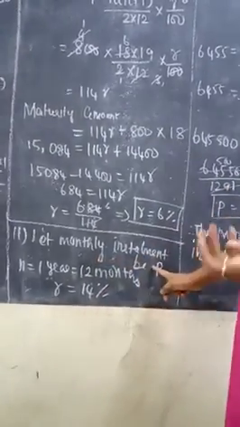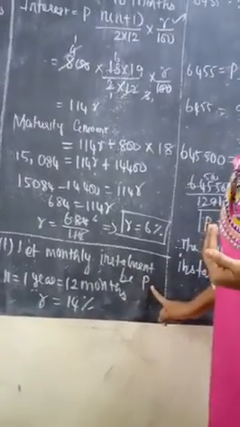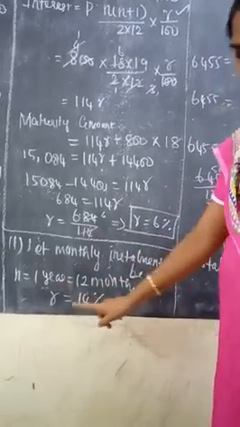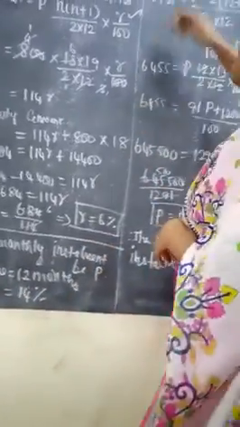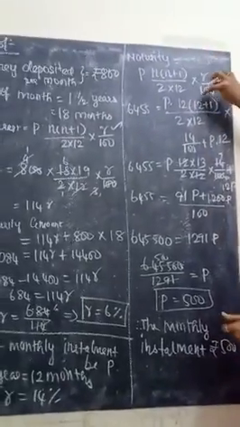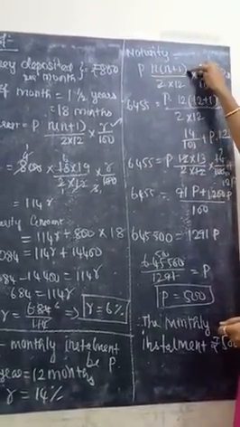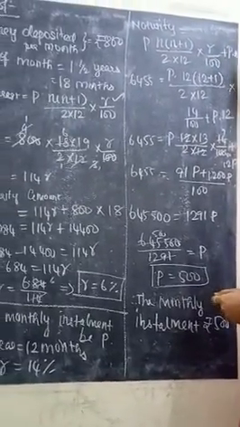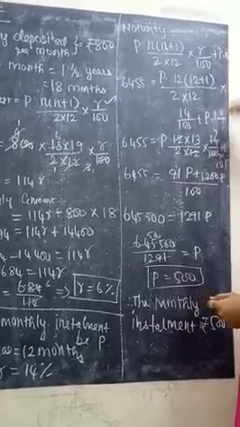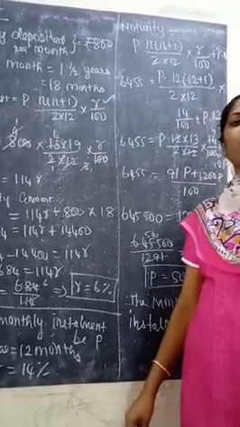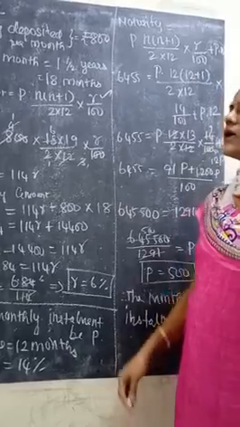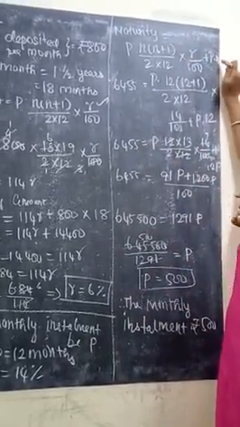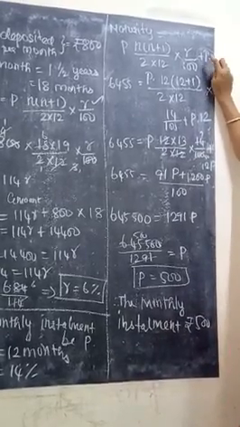Okay, listen, the monthly installment we may not know, so just consider the monthly installment as P. Next, n equals 1 year, that is 12 months. What is the rate of interest? 14%. Listen, how do we find the maturity? P into n plus 1 divided by 2 into 12 into r by 100 plus P into n. Why here did we add plus P into n? Because we need to find the monthly installment. So for finding the maturity, it is interest plus P into months. This is one of the criteria.